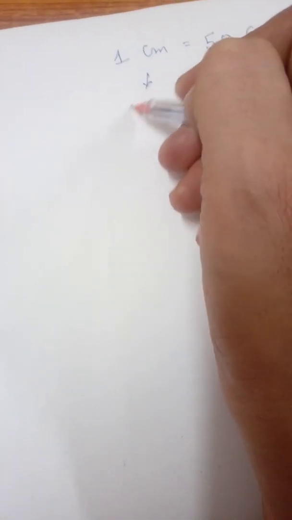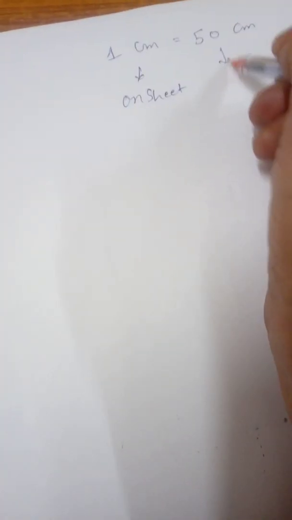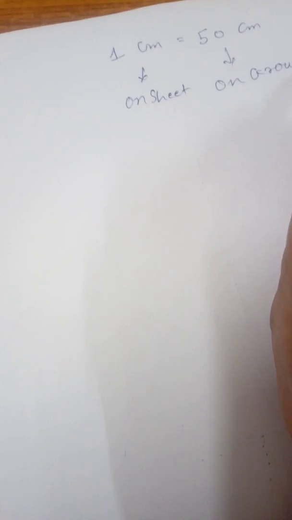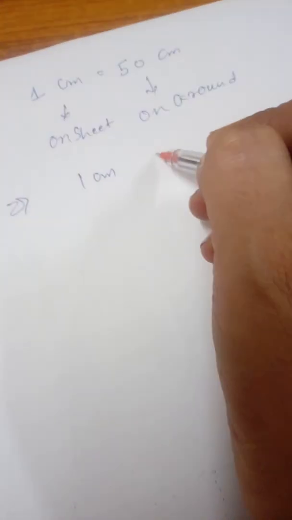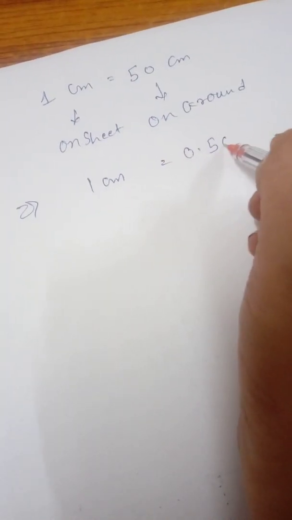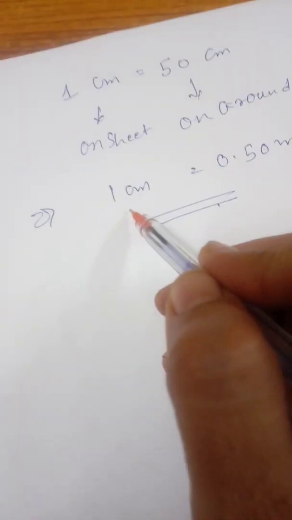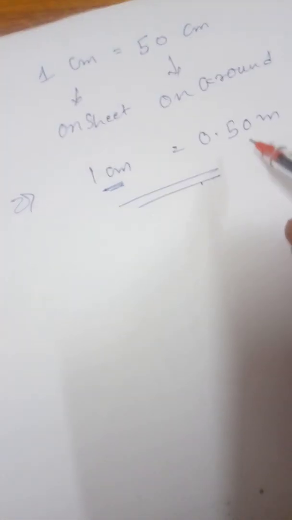These are the dimensions on sheet and these on ground, okay? So as per that, our scale becomes 1 centimeter is equal to 0.50 meter. This is our scale. So it represents, if we are drawing 1 centimeter on our sheet, it shows 0.5 meter